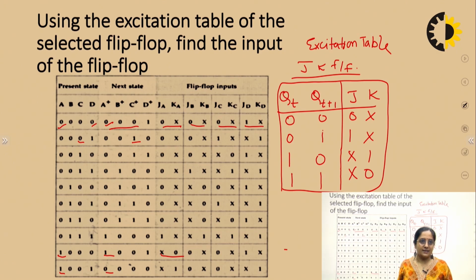Here, this excitation table represents that if K is 0, then also you remain, that is no change. And if K is 1, then also you reset the output. So, in both the cases, your output will be 0. That is the next state. So, that is why we represent it as 0 cross. Okay. So, from this table, we have found the flip-flop inputs, and for each flip-flop input, we will solve the